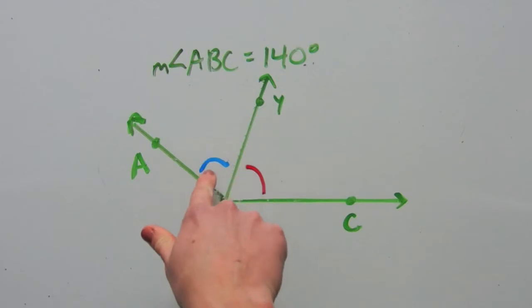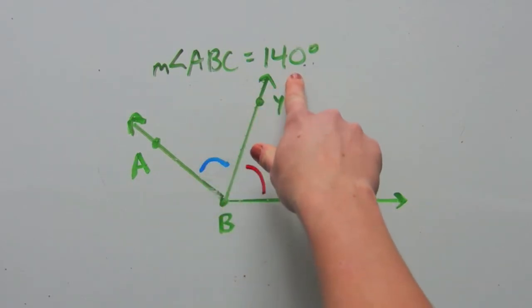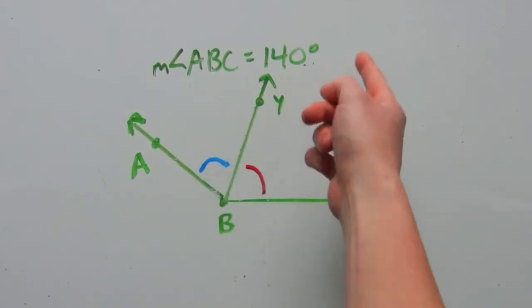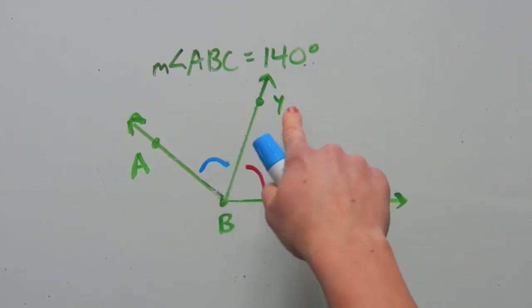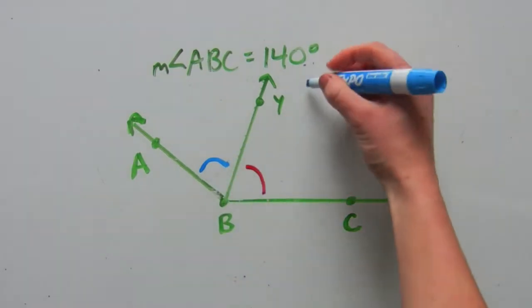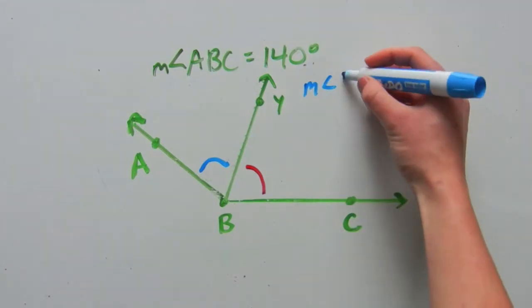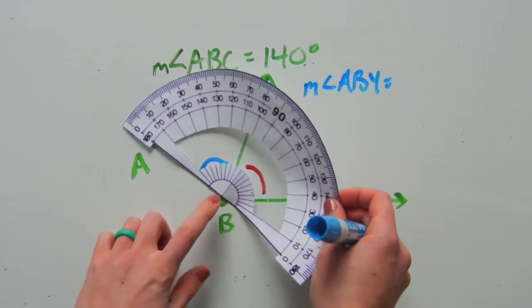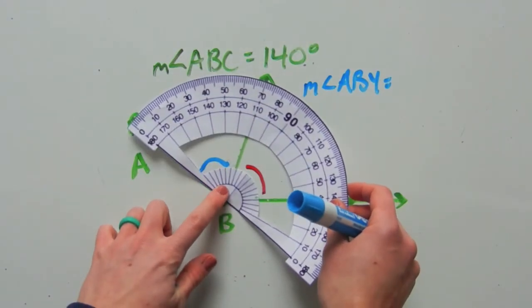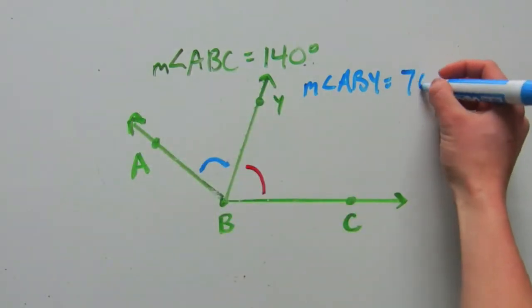So you would double one of those to get 140, or 140 divided by 2. We know 140 divided by 2 is 70. So let's double check that ABY is equal to 70 and YBC equals 70. So the measure of angle ABY is equal to 70 degrees,